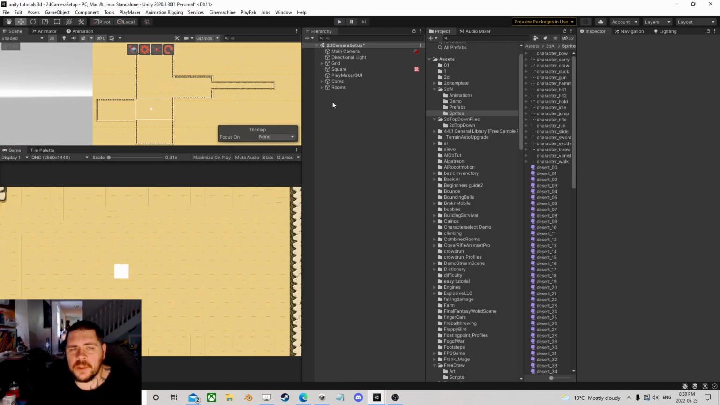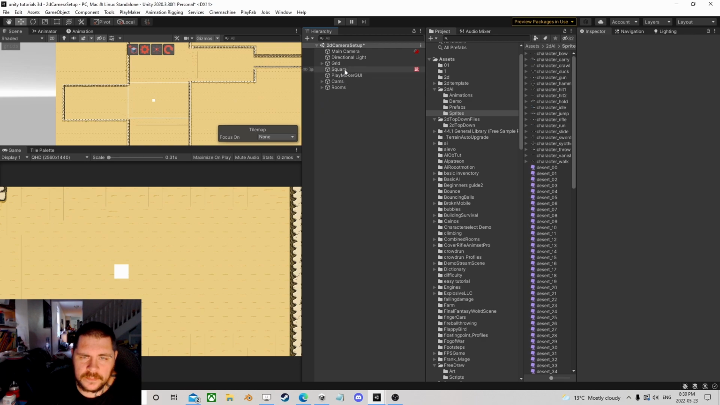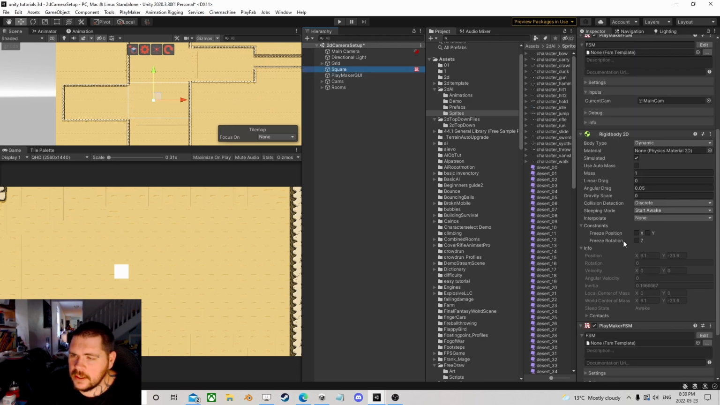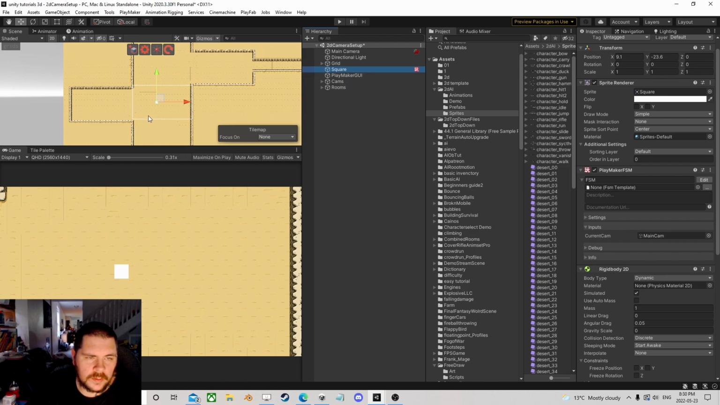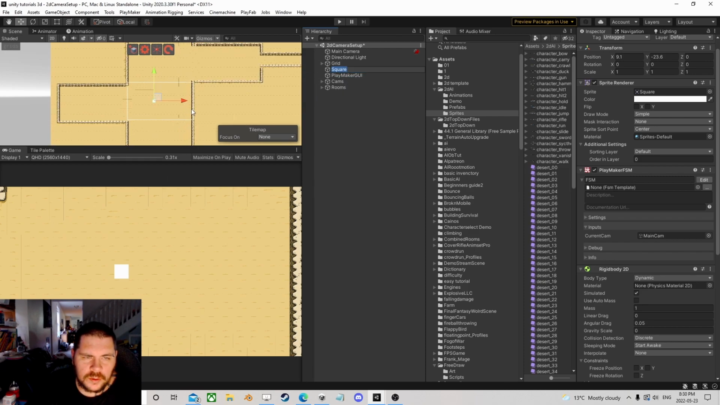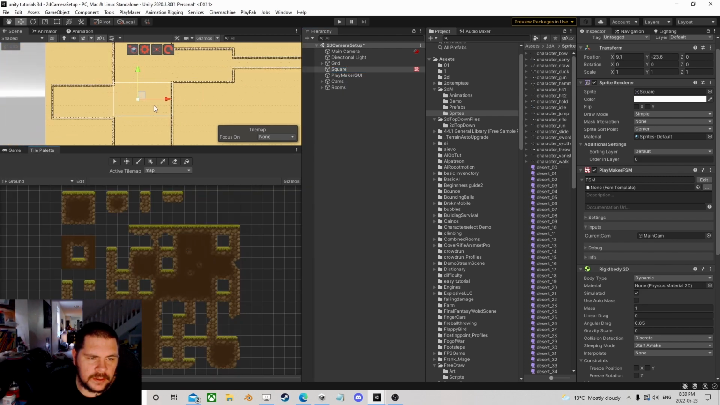So how do we do that? So I'm using this camera system, and I have a player. He's called Square. He has his rigid body, a very simple move. He has a default camera, which is the starting camera. So let's just, for example, let's build